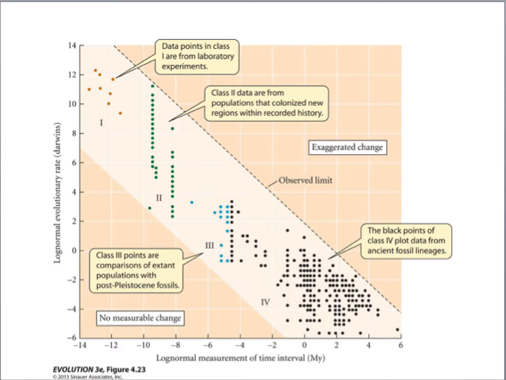So this is a nice chart that shows you the amount of time that has passed since that species was extant or alive, and then the rate of change over here, where high rates are at the top on the y-axis and slow rates are on the bottom. And so you'll notice that data points from lab experiments are on this really fast time scale. We're measuring in units of Darwin, and we're measuring these over very short amounts of time, whereas if you're looking at ancient fossil lineages,